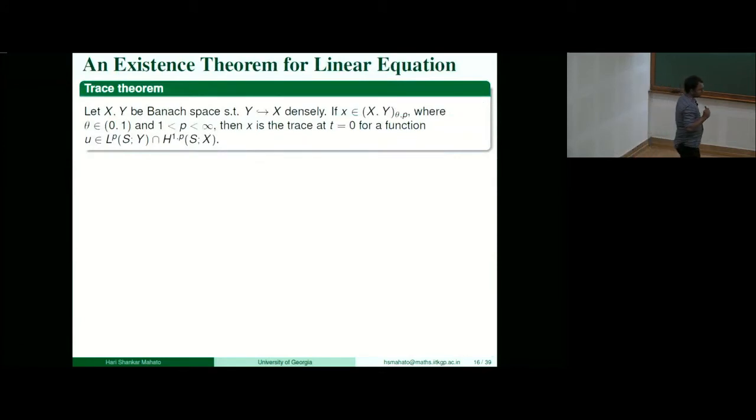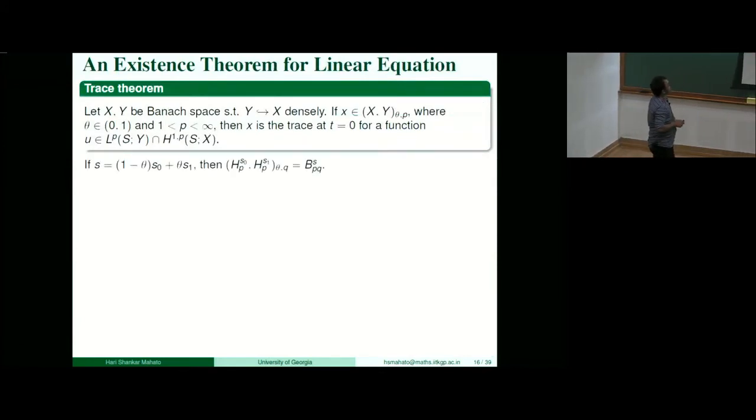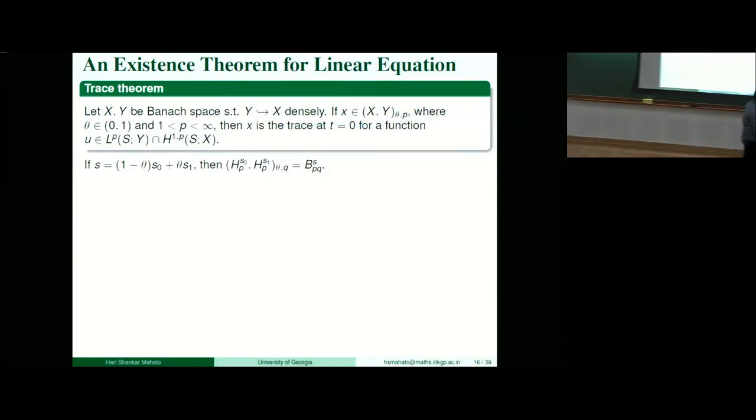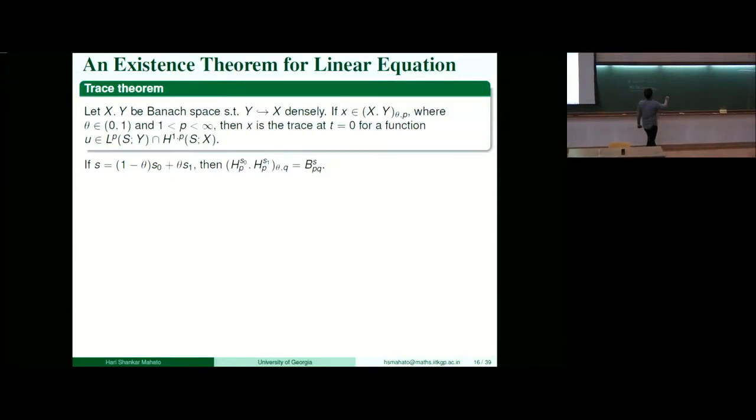In theory of parabolic equations, we know that if you have, let's say, X and Y as two Banach spaces, where Y is densely embedded in X, then X in this real interpolation space will actually be the trace at t equals 0 for functions in this space. So you remember in parabolic equation theory, when we dealt with this kind of equation,